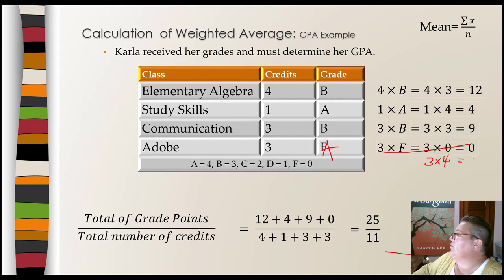And that would have given her 12 points on that. Now, with 12 points on that, we've got a new total. 12, 24, 28, that would have given us a 37